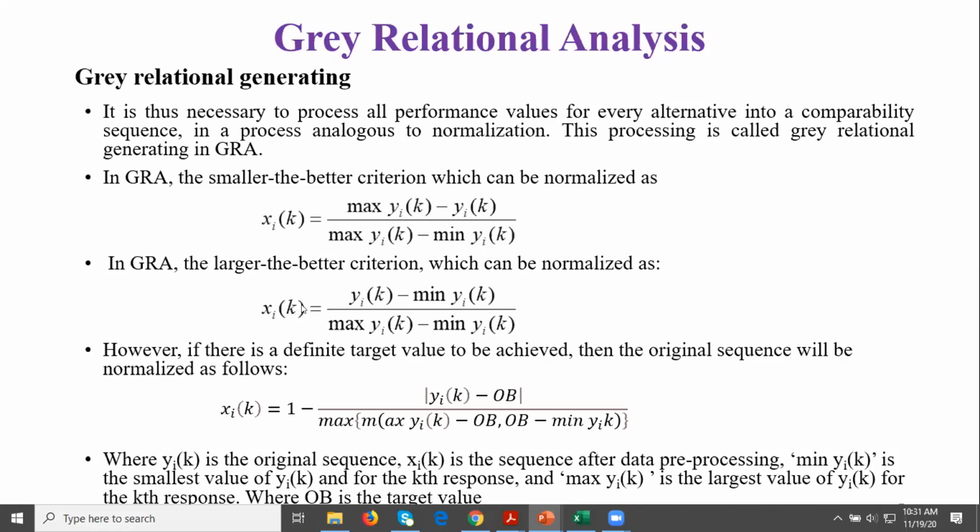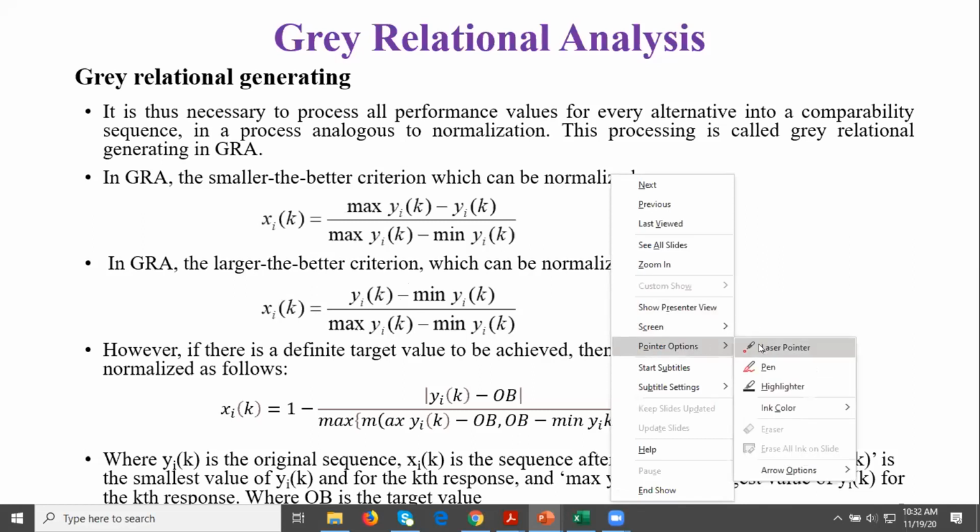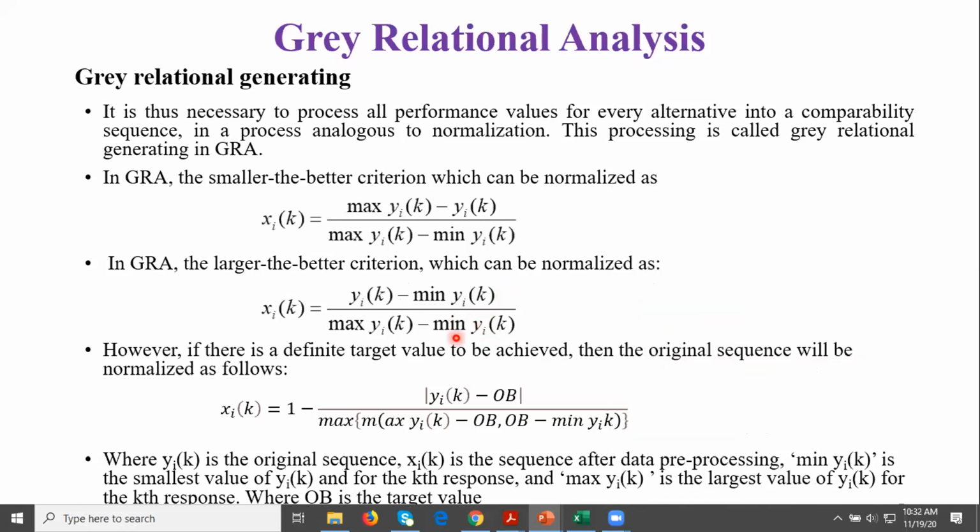Okay, how do they calculate this value? From the particular column, that means from all the experiments, whatever the maximum value is, you have to take it here. Whatever the minimum value is, you take it here. Then for each experiment, based on your data, you calculate the normalized value using these formulas. Suppose for the second experiment, the second experiment's strength value